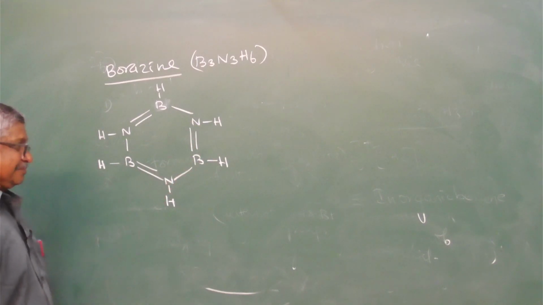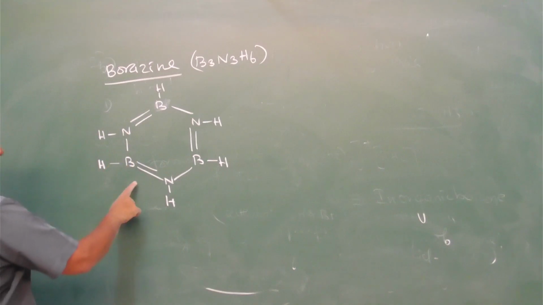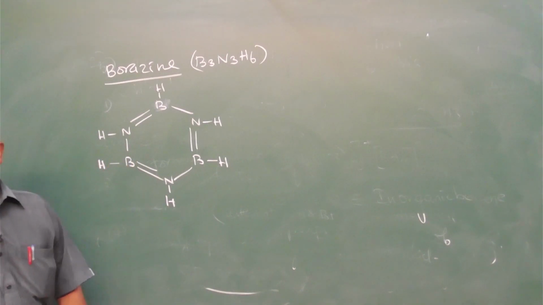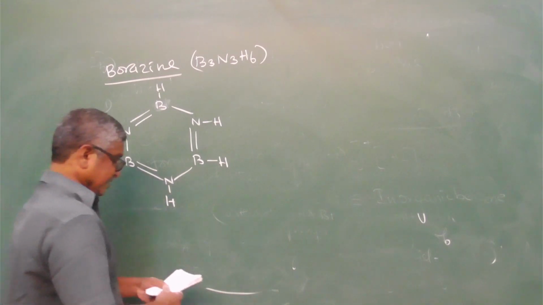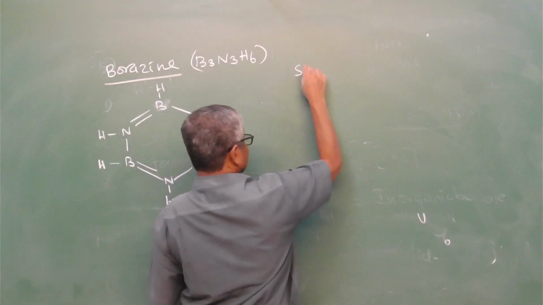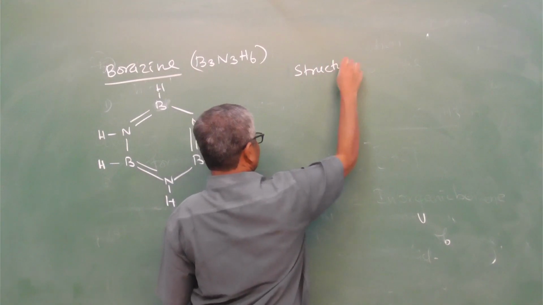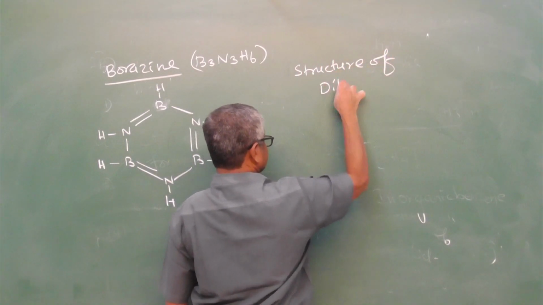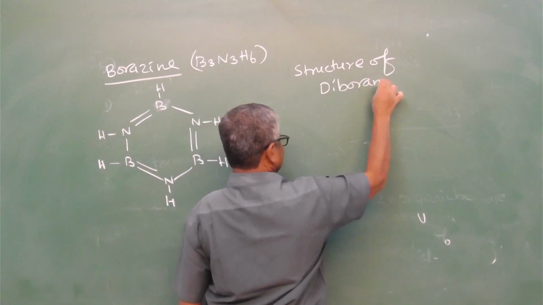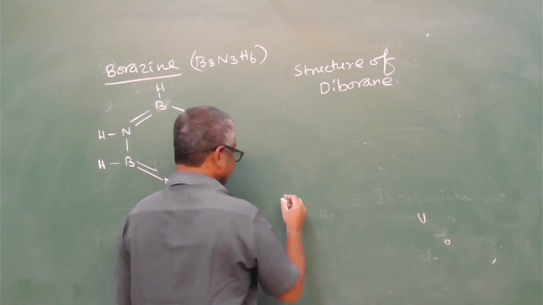Borazine structure: NH and BH are available in alternate positions in the borazine structure. Next, structure of diborane. Structure of diborane,